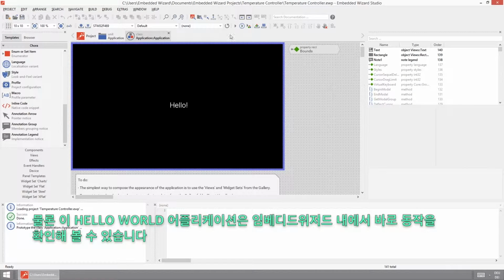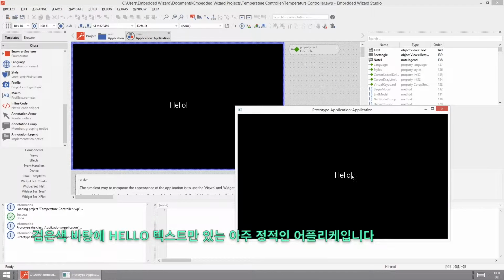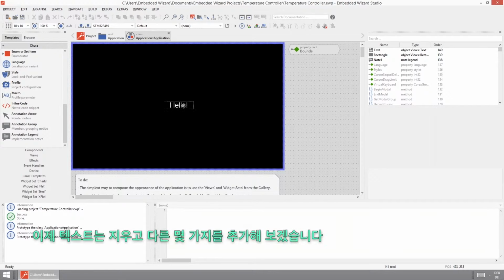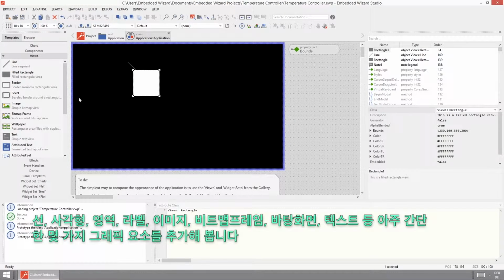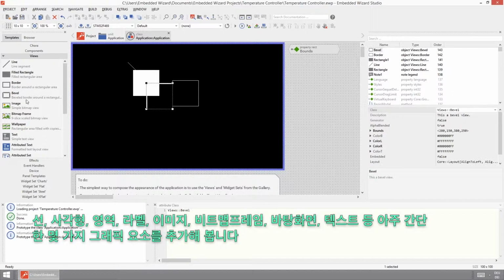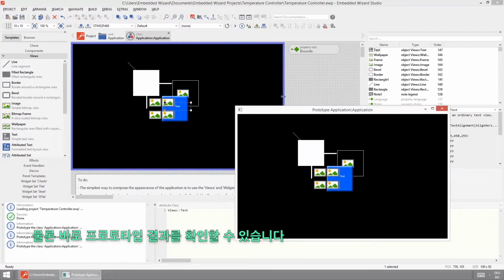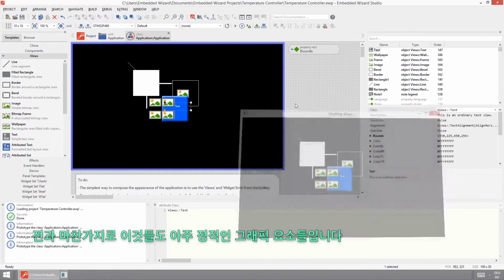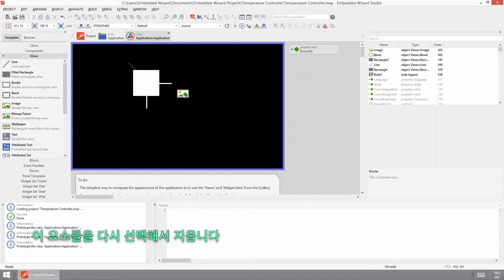Of course, that Hello World application can be prototyped instantly inside Embedded Wizard. So it's just a black background and the Hello World text label is there, but that's it. So just a very static one. So I'm just deleting that, and I want to show you how to add further views. So a view could be a line, it could be just a simple rectangle, a border, a bevel, an image, a bitmap frame, wallpaper, some text views, etc. It's just very simple. And of course, those can be prototyped instantly as well. So this one, as already said, very static one, just selecting all those elements again, removing them,